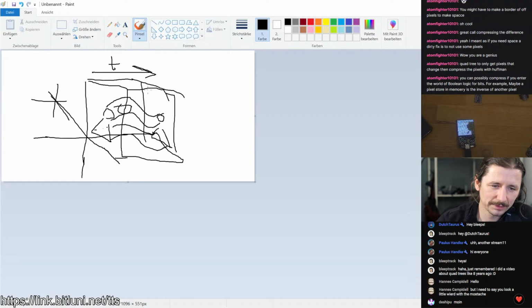So what happens here is you can possibly compress if you enter the world of Boolean logic for bits. One bit store in memory is the inverse of another bit. So, okay, you have to figure out or elaborate an actual method for that. Okay, so let me finish that. So you can see